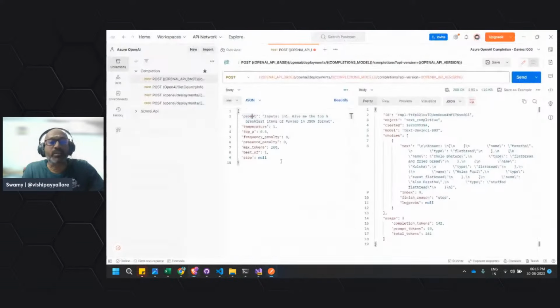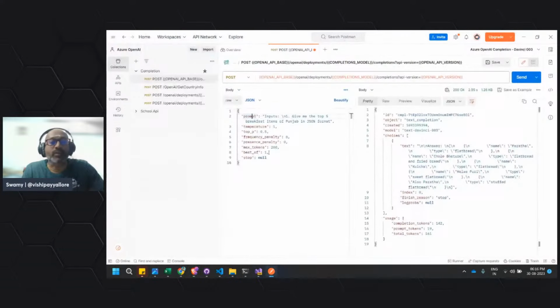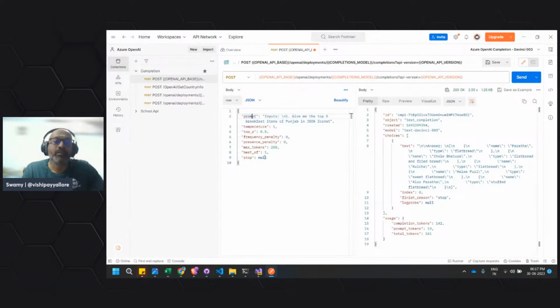And here temperature. We have temperature, and here max tokens, and we have top, and we have frequency penalty and presence penalty, best of, and none. When to use best of, I think we discussed it, or else we can try that now also.